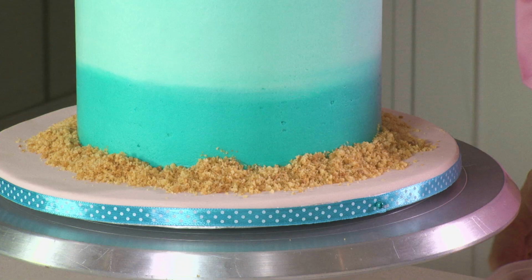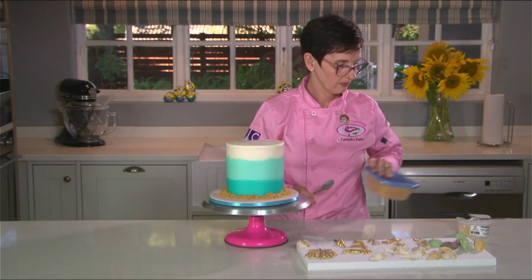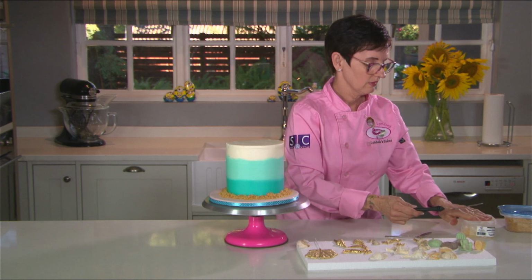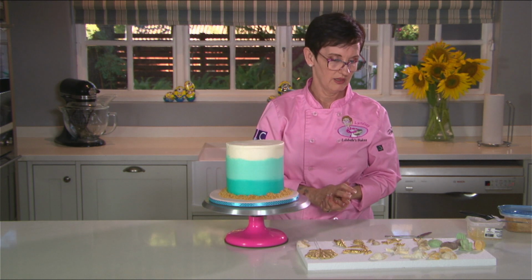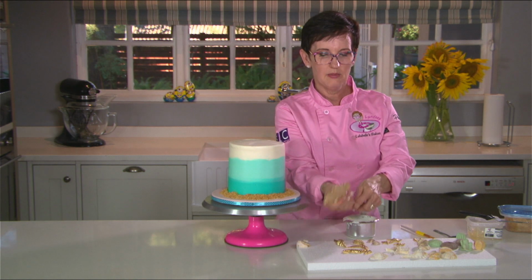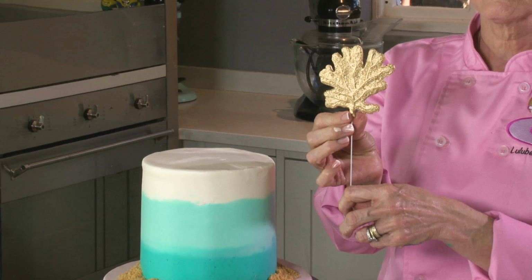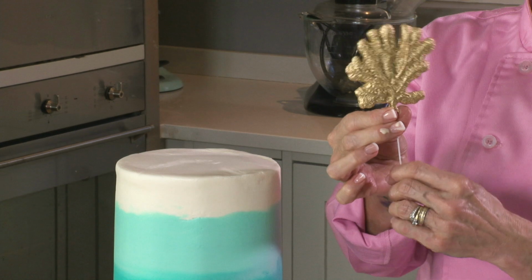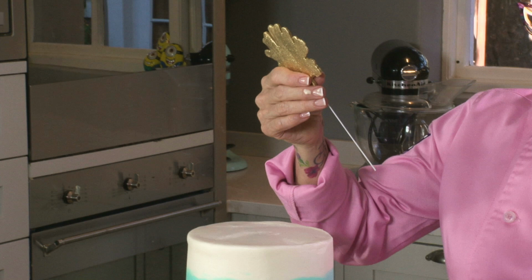So what I'm going to do now is I'm going to attach the shells, and I've got a little bit of melted chocolate, and I'm going to stick the shells to the side with a bit of the melted chocolate at the back. So I'm going to start off by placing the bigger pieces up at the top, and this is a piece of coral that I made using the Marvelous Molds coral mold, and I've got an 18 gauge wire that I put inside. I put a little bit of petal glue on it just so that it'll stick,